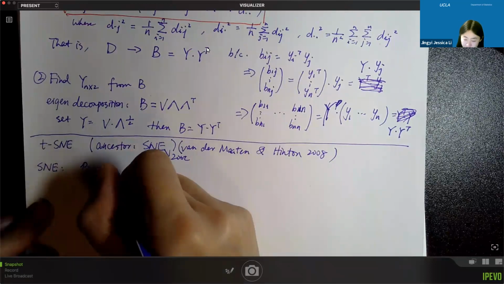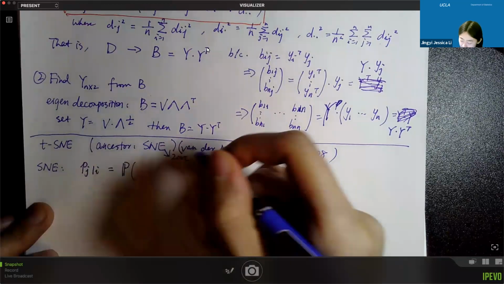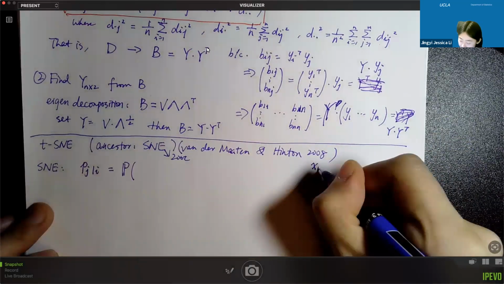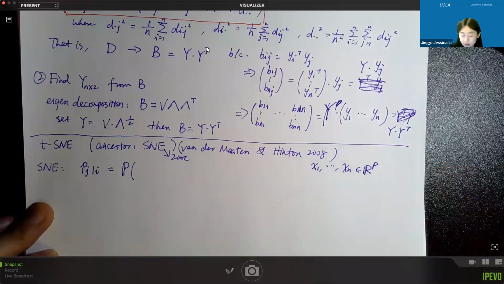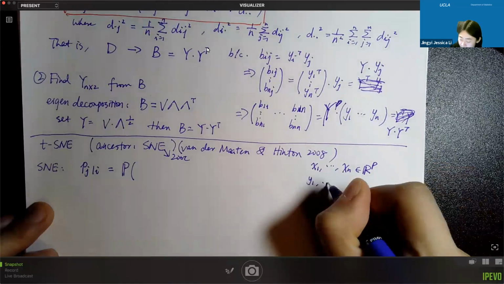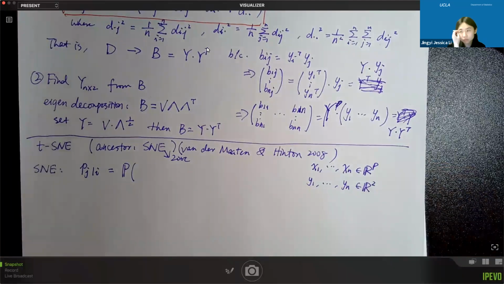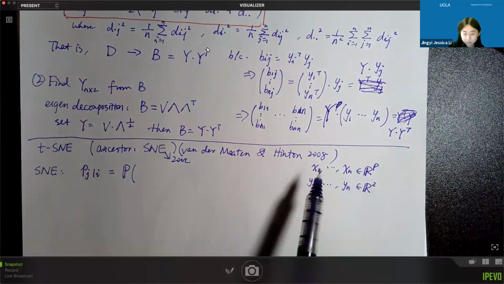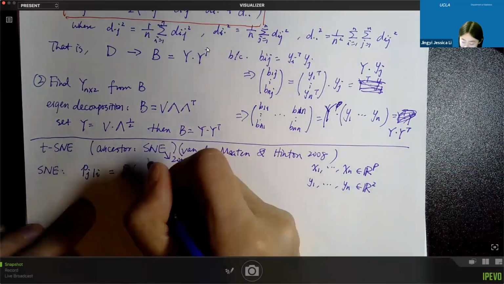Let me say the context. x1 to xn, the original data, are high dimensional, just as in PCA. But we want to find y1 to yn in low dimensions, usually only two dimensional, just as in MDS, for visualization. So we are going to define this density in the high dimensional space as the probability that xi